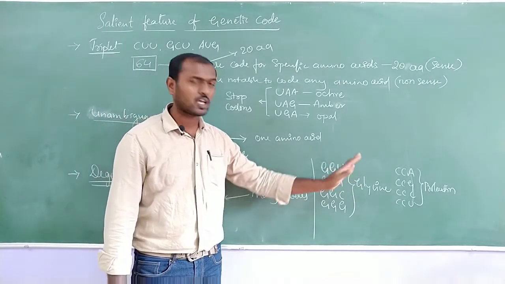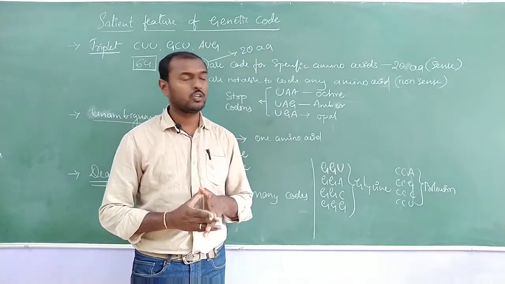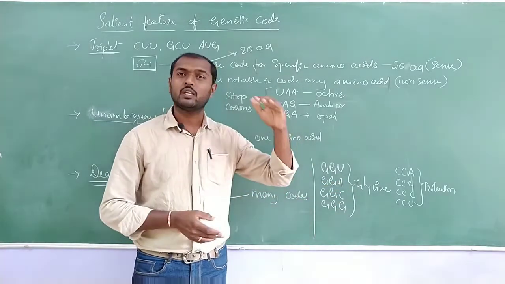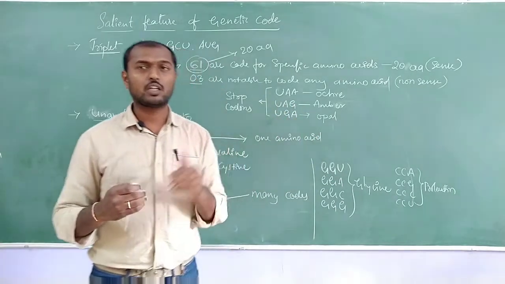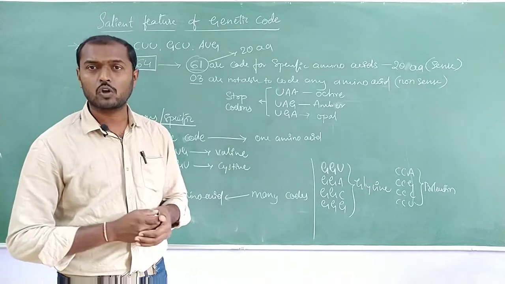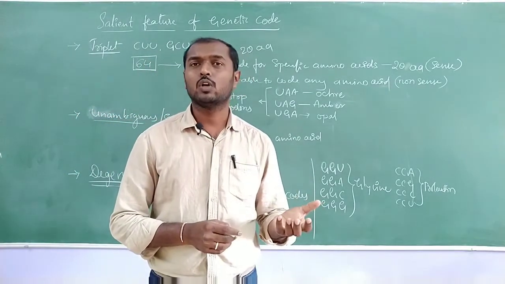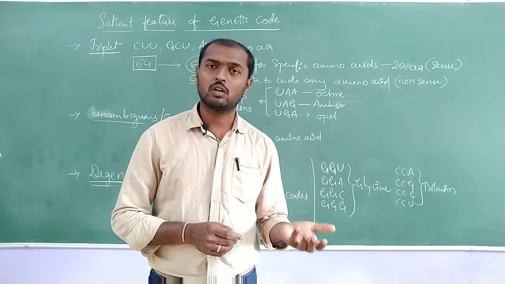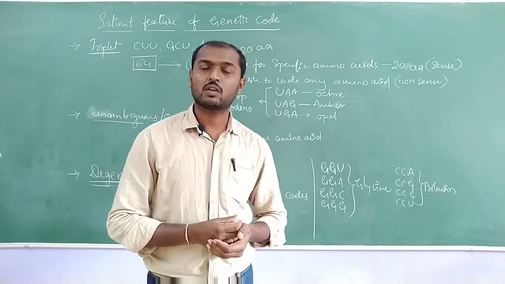Some such codons exist in nature. They are going to code only one amino acid. That's why the 20 amino acids can be easily coded by these 61 codons. Some amino acids are coded by only one codon, some by two. Some are coded by 3, some are coded by